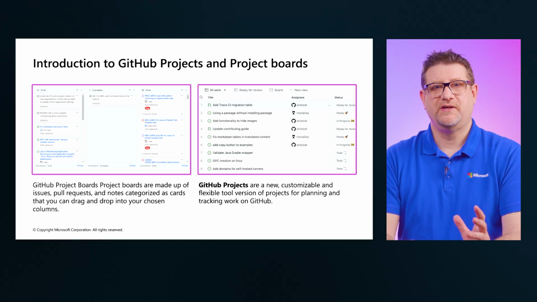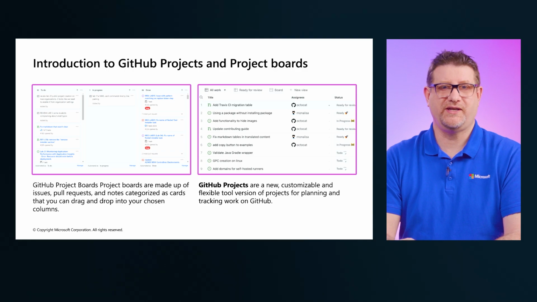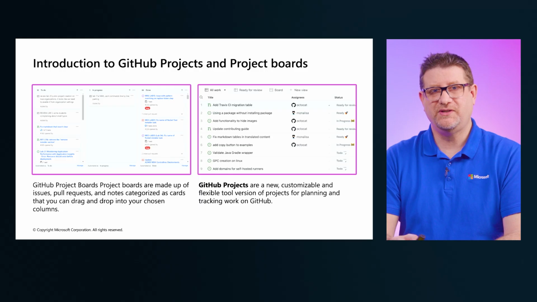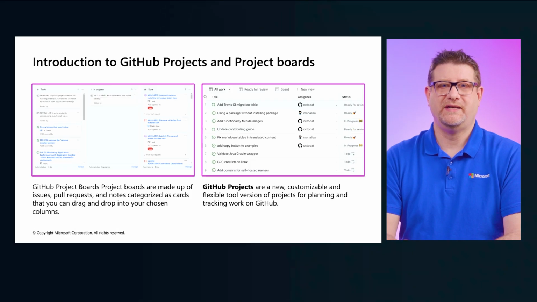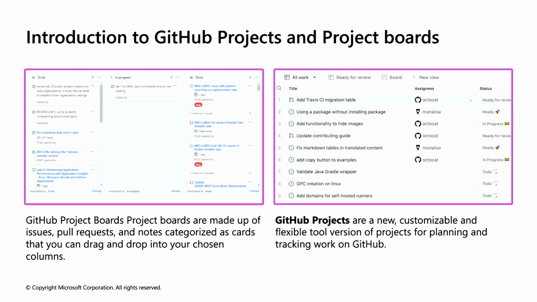With GitHub Projects, users can configure their workspace using different views, such as boards or spreadsheets, and add custom field tracking to the metadata. This flexibility supports better organization and control over project deliverables, making it easier to monitor progress and collaborate across teams. The improved capabilities empower teams to plan, track, and execute work more effectively within the GitHub